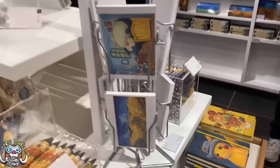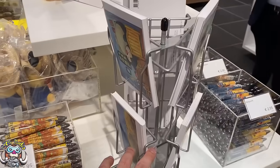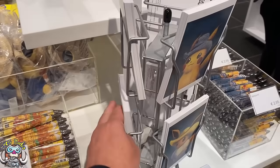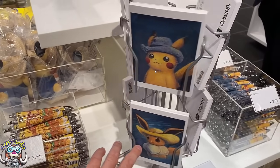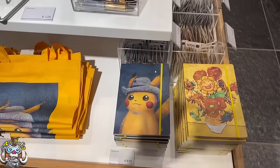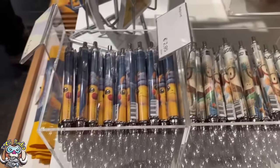The Van Gogh Pikachu I'm a huge fan of. That will be available on the Pokémon Center and at the museum, but that's the only thing. We got postcards there depicting the 6 pieces of art that were commissioned by Pokémon TCG artists you might recognize. They are absolutely stunning. You got things like pens and notepads and...